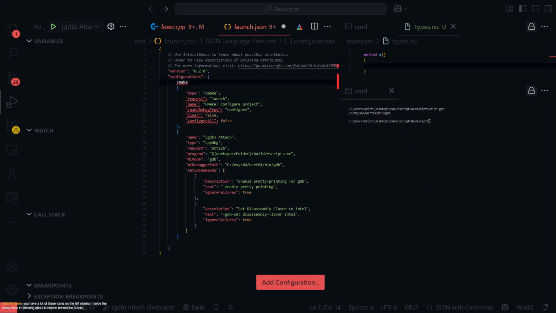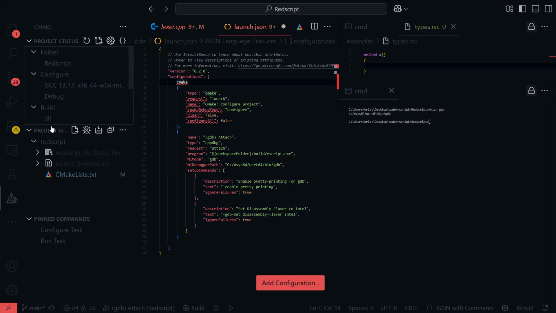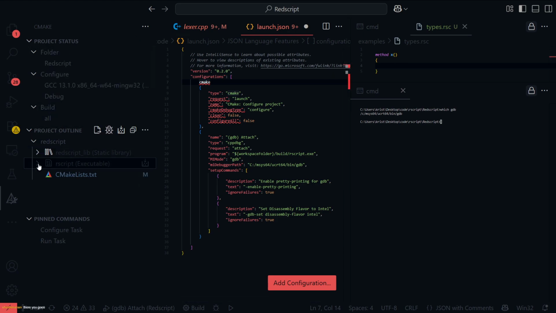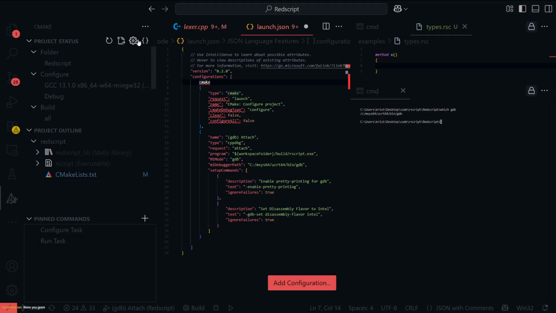A lot of these icons on the left sidebar, maybe the CMake icon I'm thinking about is hidden behind the 3 dots. Ah! It is. Run task. I don't know what I'm looking at right now.